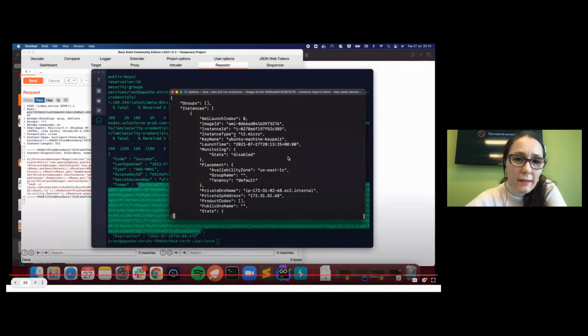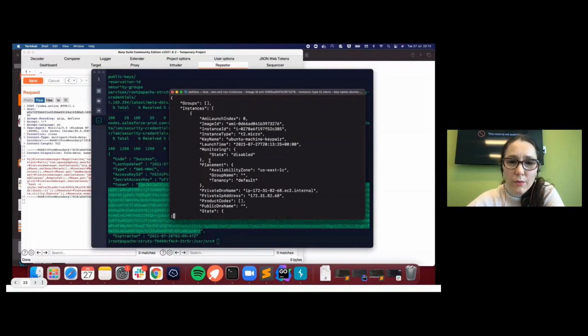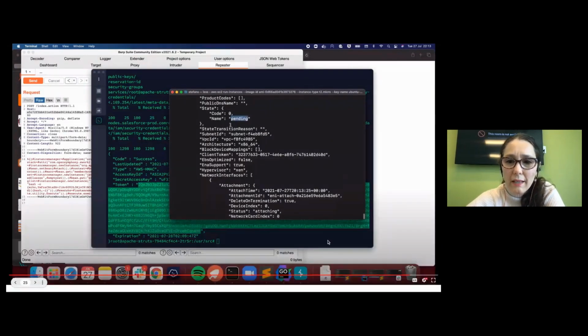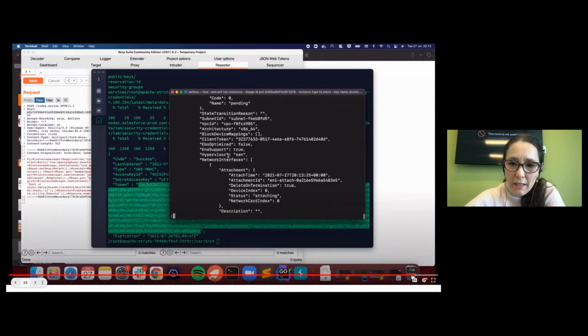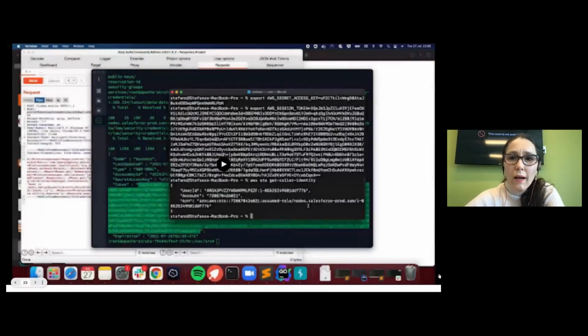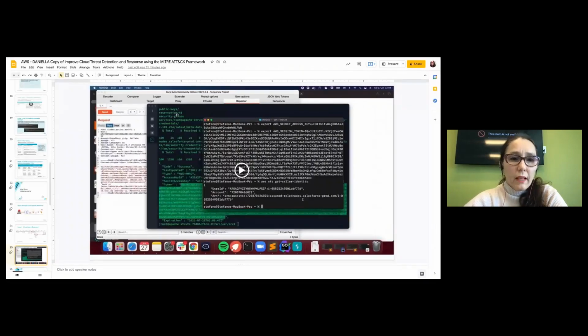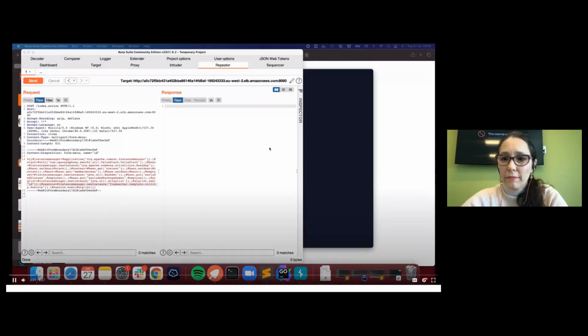AWS is putting the resource together, initiating the resource. And we don't have to wait until it's completely done. It shows pending. It means that he is capable to execute on his plan. So let's go back to our,